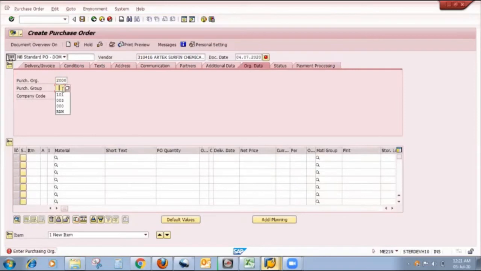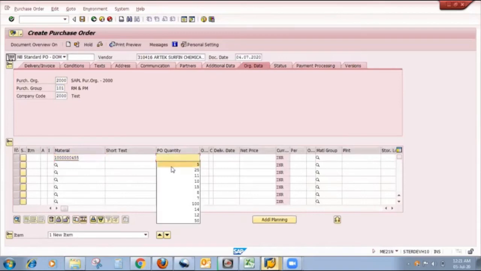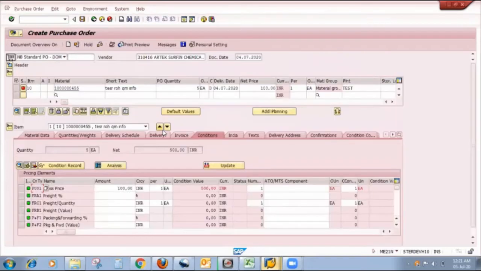Here I maintain the mandatory data, the material, quantity, price, and plant. Enter. When I press enter, the system gives me an error message that the purchase order is released until 3rd July 2020 only for quality reason.